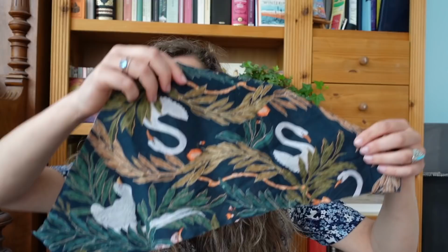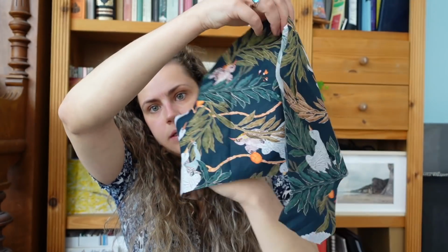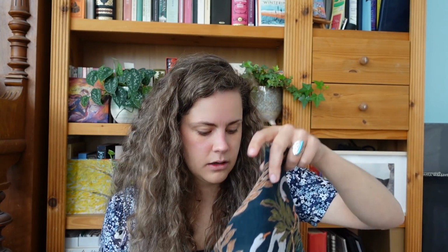So this is the fabric. It's Birds. You might recognize it from the diaper bag that I made, and I cut it out in the same size I usually wear. The only alteration I made to this pattern is I lengthened it by 6 centimeters. And for this version, I moved the bust dart down a bit. I did alter it because I moved it down, I think 3 or 4 centimeters,